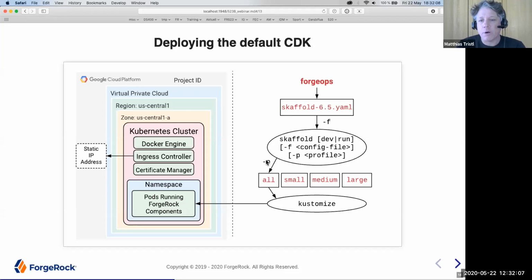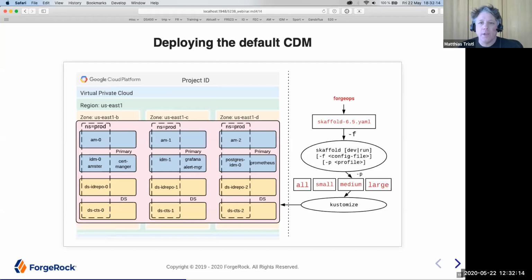And I said, the old profile is the one which is focusing on the CDK. Do you have a slide on this? Yes, I do. If you look in the CDM, from the left-hand side, you already see we're talking big now. What we see here says medium, but I believe it's the large profile. The large profile has 3 zones, 3 AMs, 2 IDMs, 3 replicas of the ID repo,